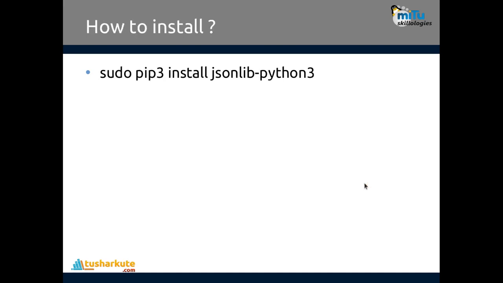Let's say this. To work with this kind of file, we have to install a library. So jsonlib-python3 is a library that we have to install with the help of the pip installer. So use your pip installer or use your Anaconda. With the help of that jsonlib-python3 library we have to install it in Python, then only it is possible to work with the operations of JSON files. Once that is done, you are ready to work with the JSON file.